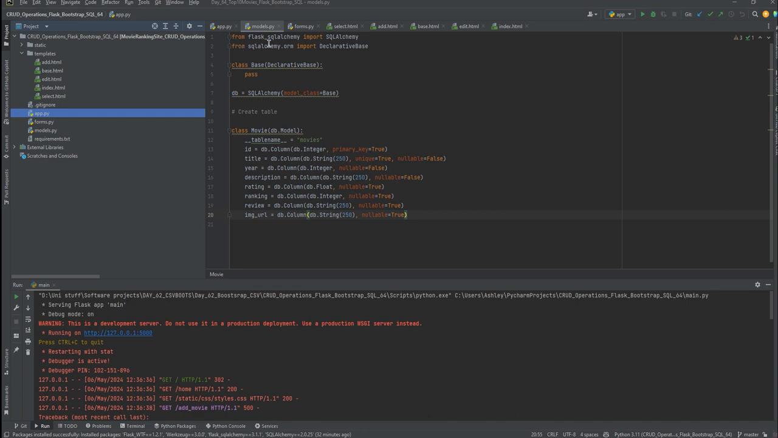We're going to be using Flask-SQLAlchemy. So we're going to import SQLAlchemy, object relational mapping, and declarative base. We're going to declare this class. All this is within the documentation for Flask-SQLAlchemy. And then we're going to create our table. Our table is going to be